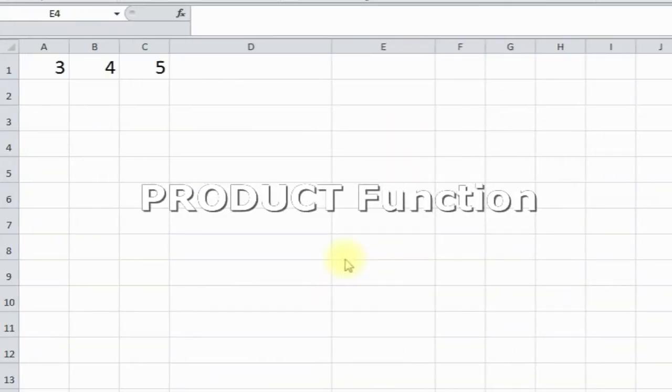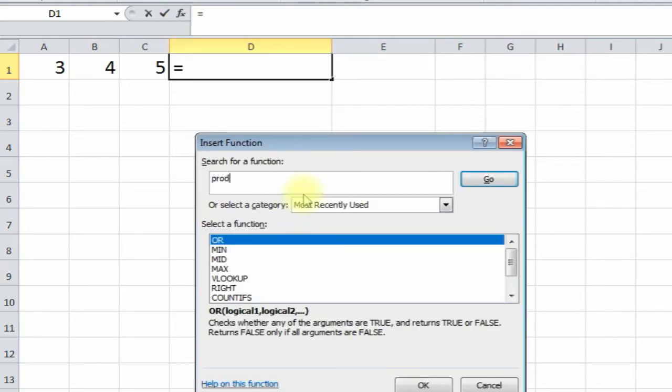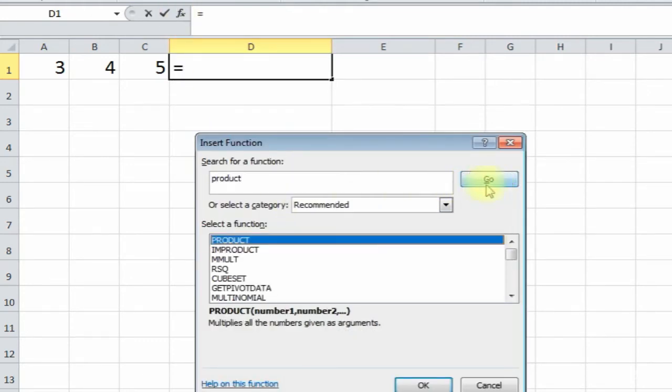Okay, let's look at the product function right now. Product is just the result of multiplication. So if you multiply 2 numbers, 3 numbers, the product is just your answer. But it's also a function which we can use. Instead of putting the multiplication sign, you could just put the product function and it'll do the same thing. So we're going to insert function, product,